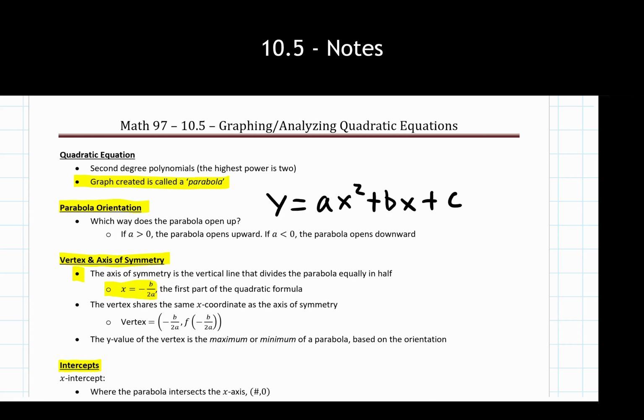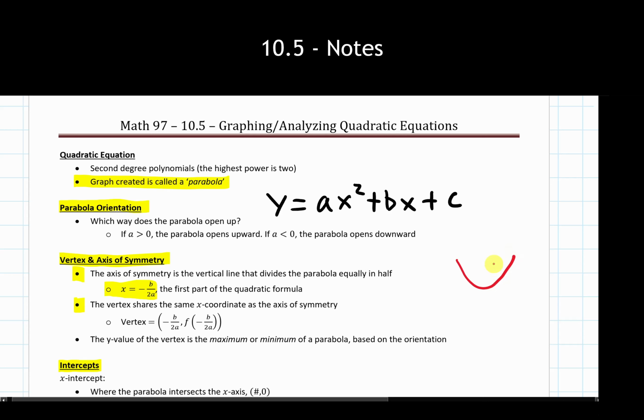But if we go a step further with it, the vertex of our parabola, and again, I'll do it in an actual more permanent red that will stay here rather than the laser pointer. There we go. So I have this thing. The vertex is going to be the highest or the lowest point on this, and it's generally at the very bottom like we would have right down here. Well, it turns out that that vertex is going to lie directly on this axis of symmetry. It's right at the lowest point, and the lowest point is going to have to be right in the middle of this overall graph, which means it has to lie directly on this axis of symmetry.